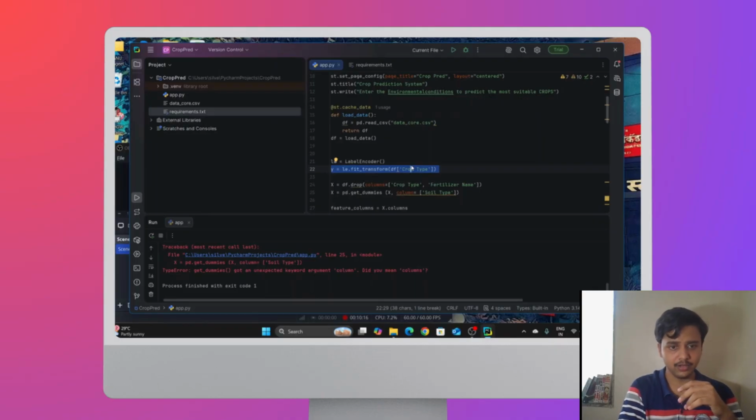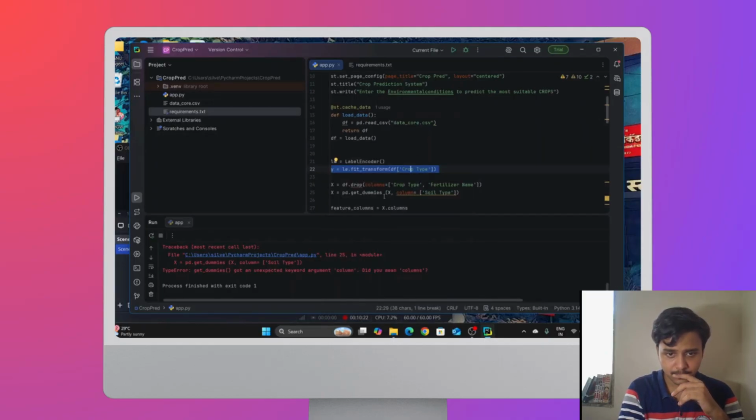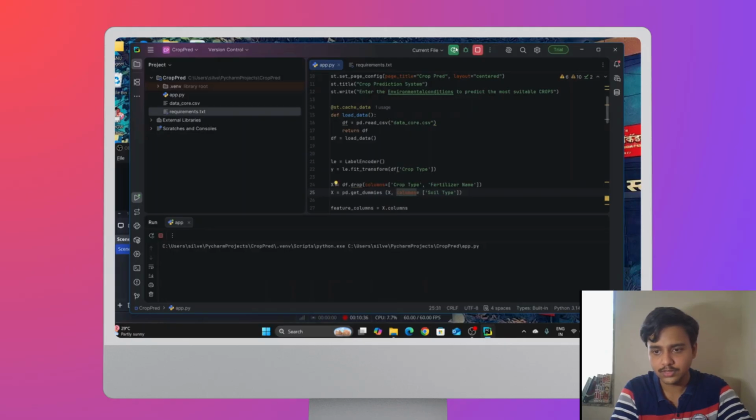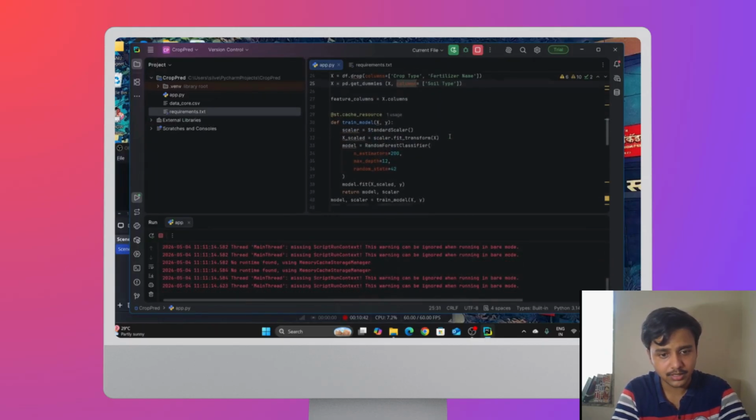Okay, that particular error got solved, I guess, and it is giving the error at this part, I guess. pd.get_dummies columns. Yeah, we had to write here columns, and it has exited. So columns equals soil type. We had missed an S here.